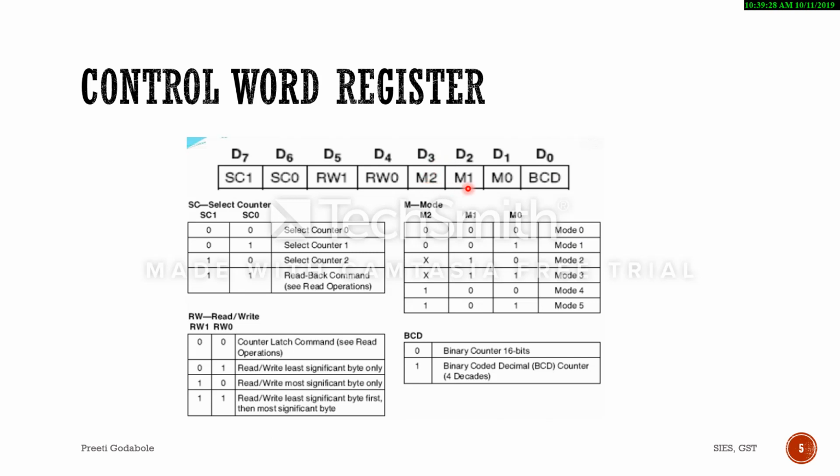The next 3 bits M2, M1, M0 indicate the mode in which the 8253 is operating. 8253 operates in 6 different modes, from mode 0 to mode 5. So the bit combinations of M2, M1, M0 indicate in which mode